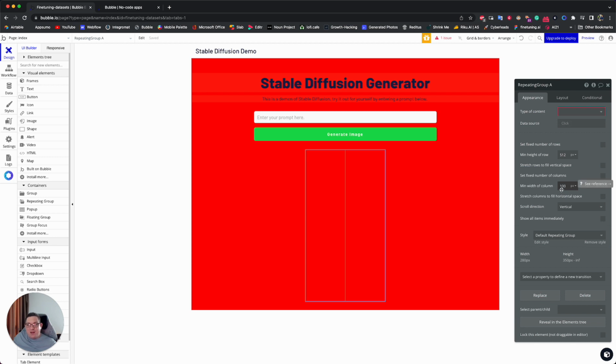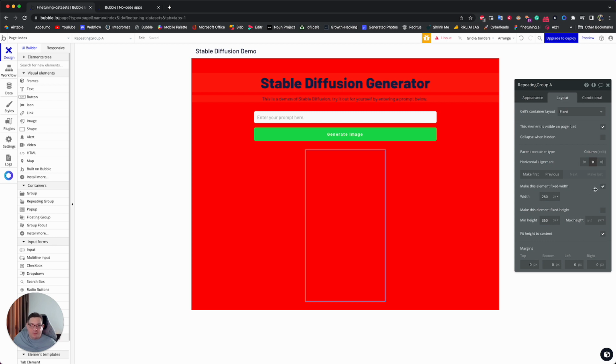And the minimum width of a column should also be 512. So we've got the height and the width both being 512 by 512, and we can say 512 by 512,